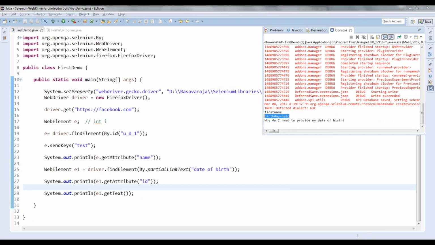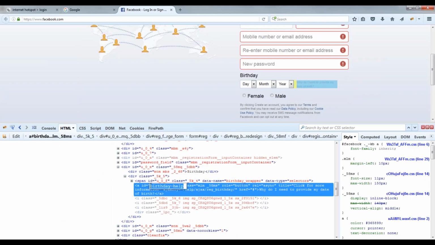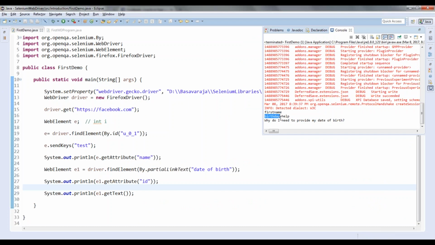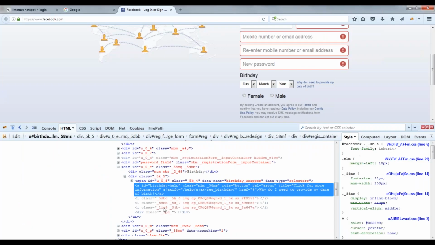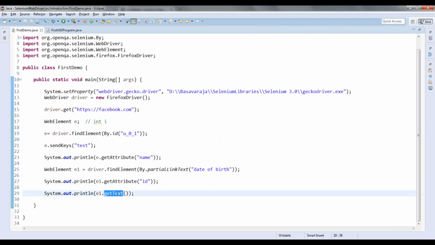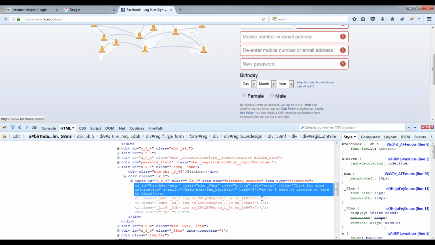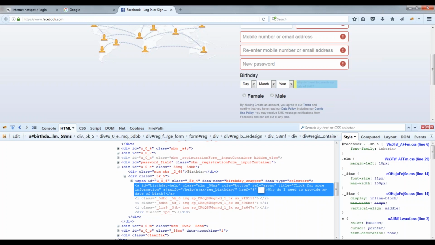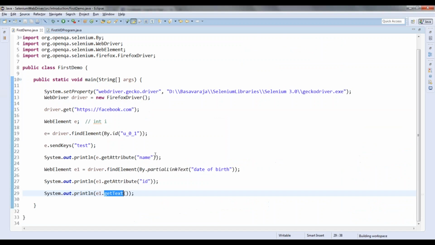Birthday help, that is the attribute for ID, correct? For ID, birthday help is displaying here, and then get text is displaying the entire text that is in between this one. So you have understood this simple one with one element? Yes, you have understood.